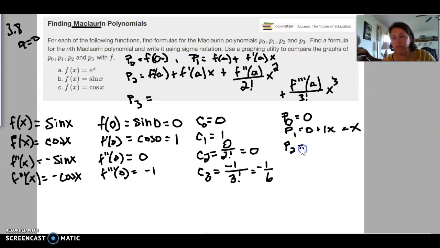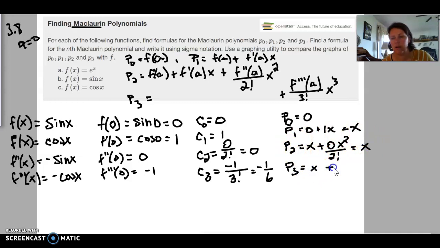So p sub 2 is equal to p sub 1, which all simplified down to just x, plus our coefficient, 0, times x squared over 2 factorial, which since that's all multiplied by 0, it's going to just be x plus 0, which is x. And then p sub 3 is going to be equal to p sub 2, which was just